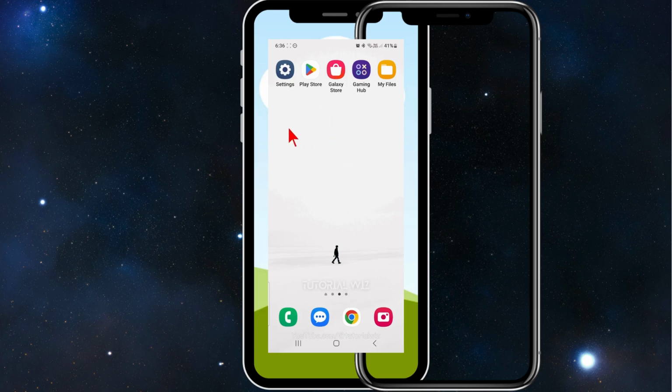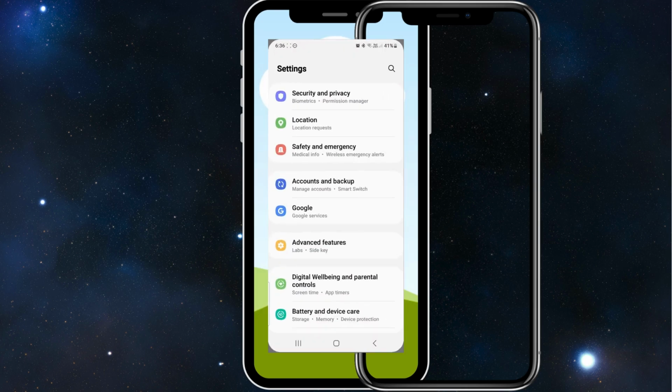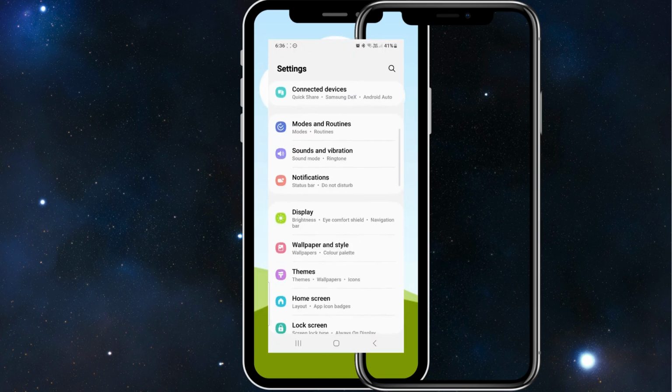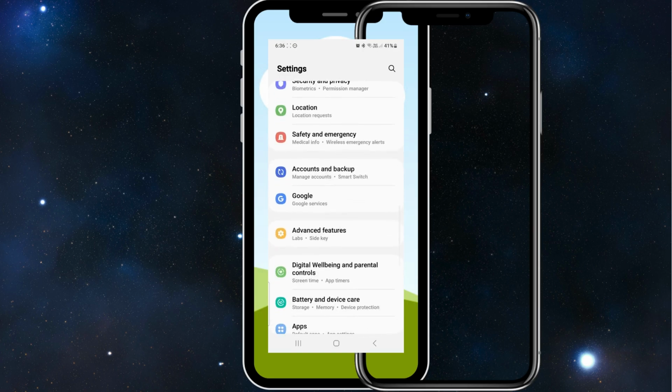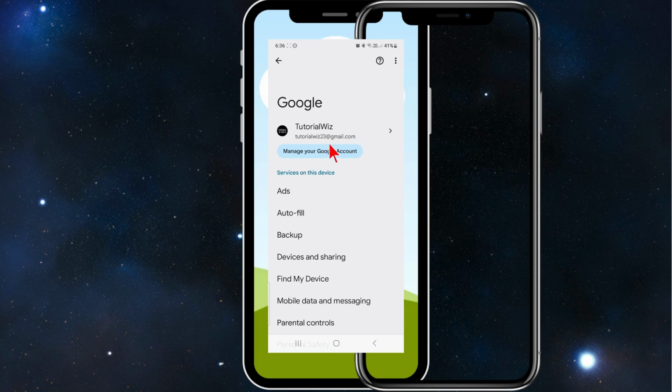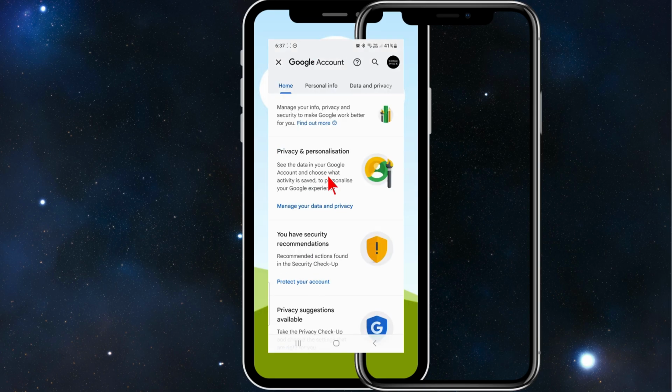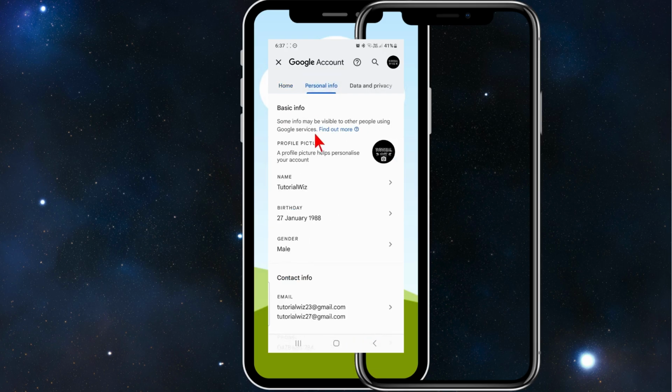Alright, the first thing you need to do is go to your settings app on your phone. Now search for Google services, click into that. And now where it says your email address, click on manage your account. Alright guys, you'll be brought to this page and you want to click into personal info, and here it'll show